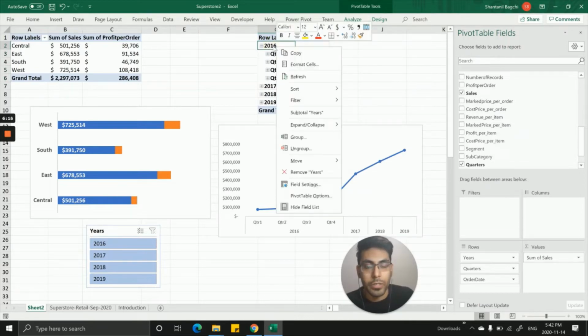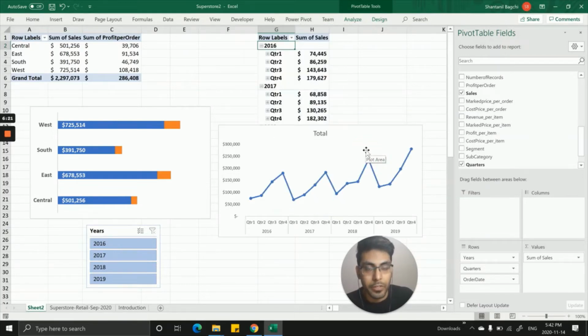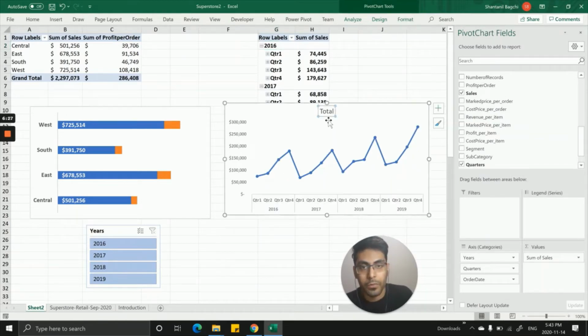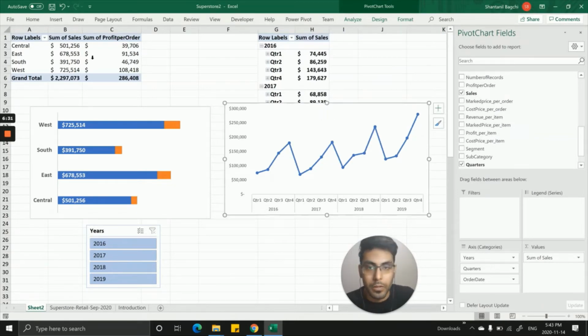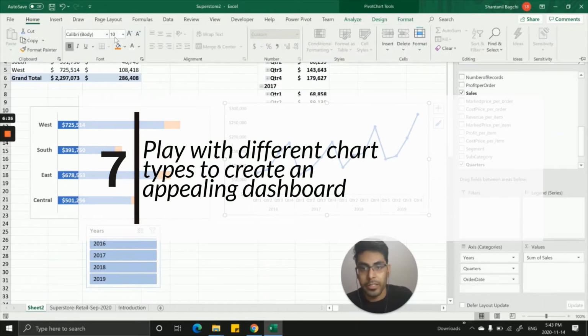The easier way to do it is to right click on it, go to Expand and Collapse, and expand the entire field. The whole field is expanded and you see the chart automatically populating according to how you need. I will delete this for the time being. And you can again format it the way that you have done the other things.